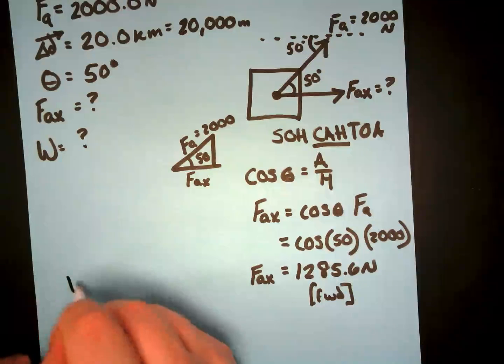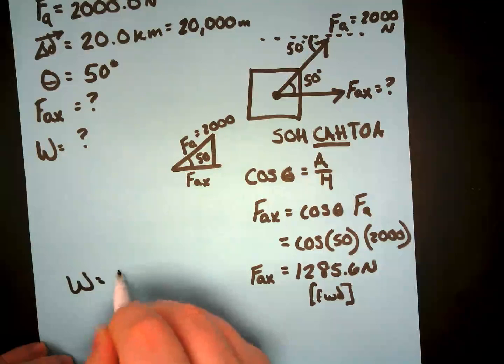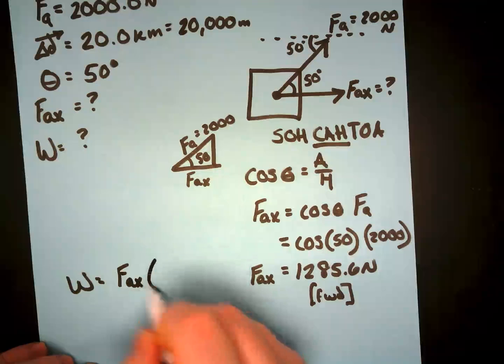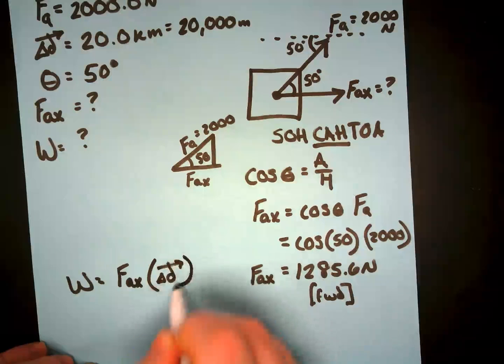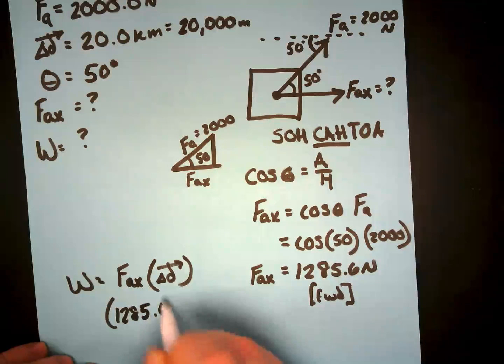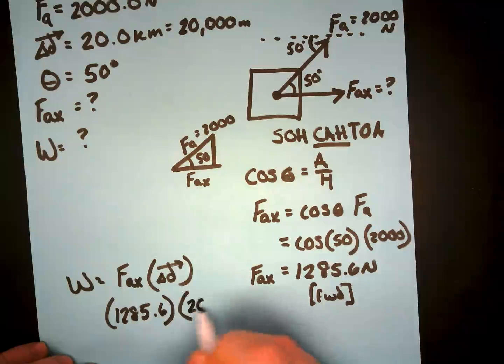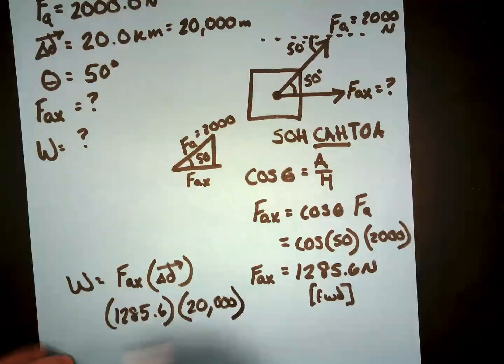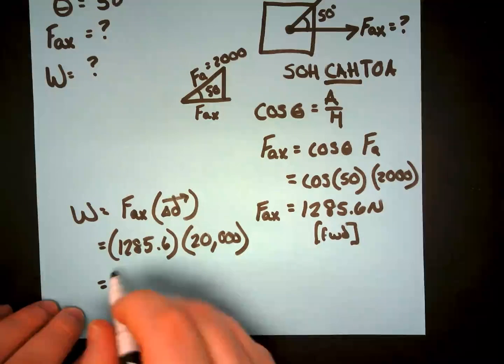So over here, we're going to say work is equal to FAX times displacement. So that's going to be 1,285.6 times 20,000. And then overall, we are going to have an answer here of